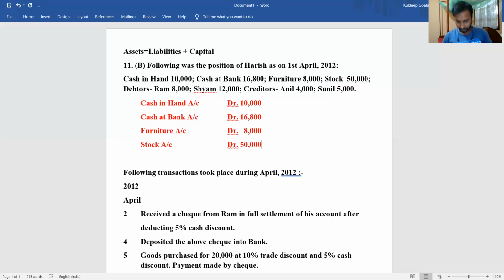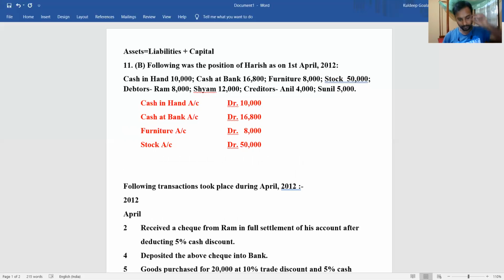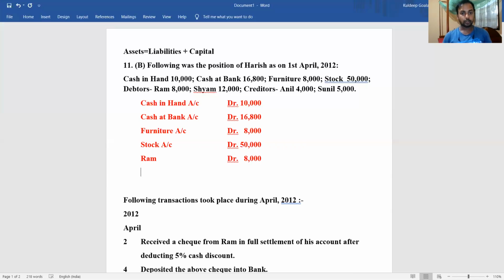And after that, the debtors. What you will do is just mention the name instead of writing just debtor. You can just write down debtor also, or you write like this, Ram's, you can use apostrophe s, or only write down Ram. If you use apostrophe s, you can write down the account also, or else it will be better if you write like this, Ram debit. How much is Ram debited? 8,000. And Sham also debited 12,000.